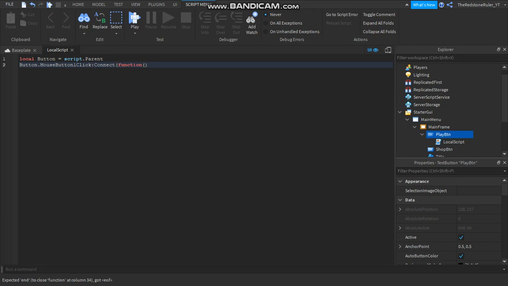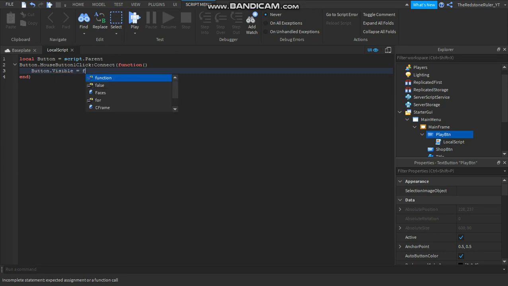You want to X out the 1, so there's like that. Then you do enter, and then it should do end, and then a parenthesis. If there isn't that, then you can add that, and then just tab over. If it doesn't tab, then click tab. But it's probably like that for you. Then you can just do